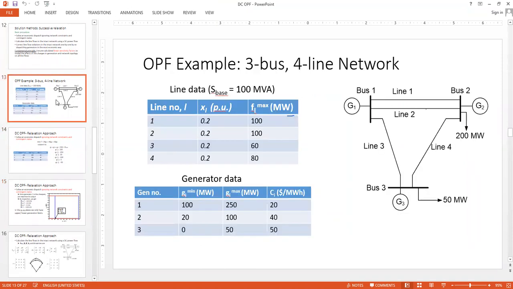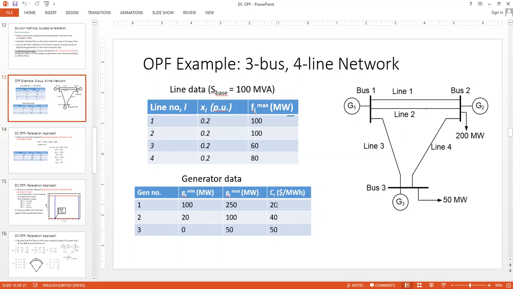So how are we going to do this? We'll simply look at the cost value. Then we will pick out the minimum cost unit at first, and we will try to take the generation of the minimum cost unit as much as possible to satisfy the demand. Okay, this is our first priority. If not possible, then we will take help of the second unit. If not possible, then only we will take help of the remaining costlier units. So this is the sequence in which we are going to solve the ELD manually, without adopting any standard method of solving ELD. We are simply going to adopt this way